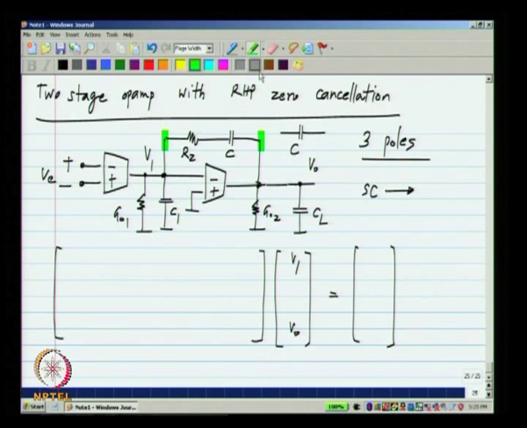So, in the admittance matrix now, wherever we have sC, we have to replace it by the admittance of this whole thing, which is 1 over the series combination of Rz and the capacitor. In other words, this is sC over 1 plus sC Rz. This is an easy way to do it. We could define this to be a node and write node equations, but that unnecessarily makes things complicated. So, the equations turn out to be